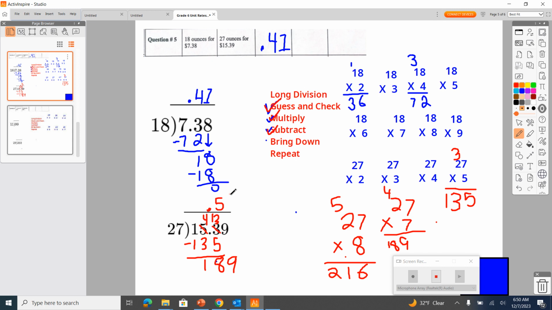If I multiply 7 times 27, I'm going to get 189. When I subtract and bring that down, I'm going to get 0. There's nothing left to do, so I get 0.57. So for this one, the better buy was option